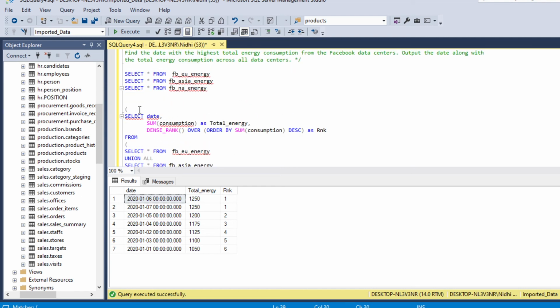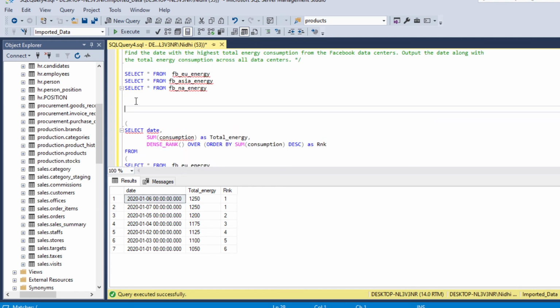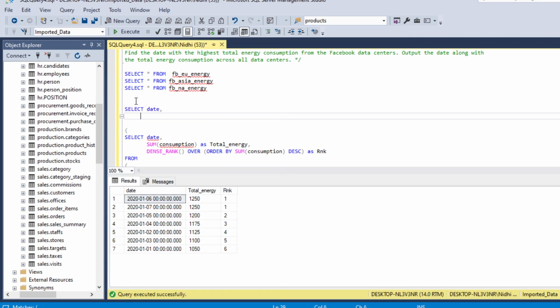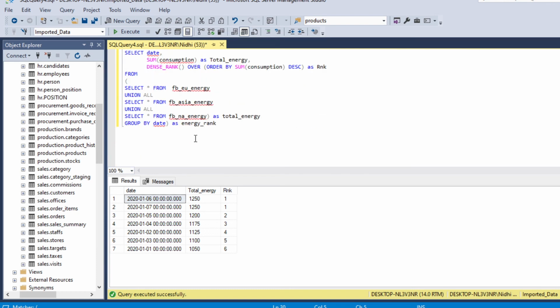Now we will select date and total energy from this subquery, where we have date, total energy and rank, and we apply the condition where rank is equal to 1.